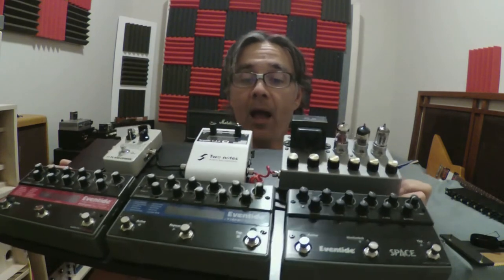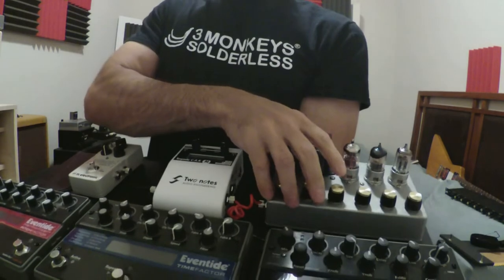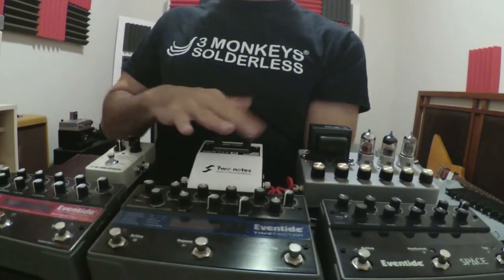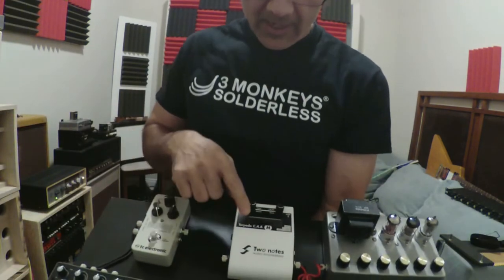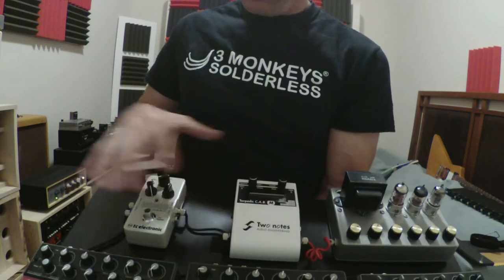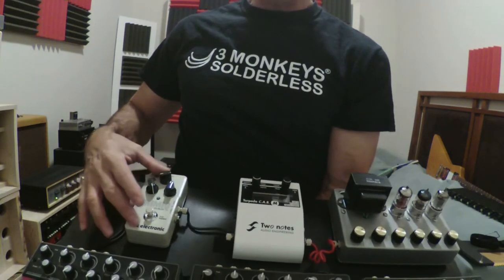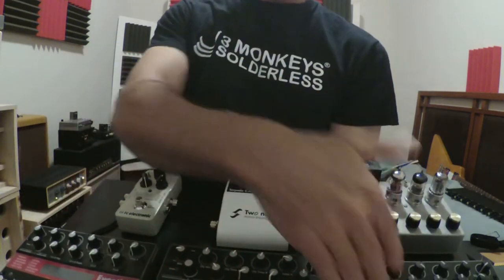So anyway, what I would advocate for this board is to actually, this wouldn't be on here, this would be the power supply, but you would have everything you would want after your amplifier in an ideal setting, right? So you've got your 2 notes, which would be plugged from the amplifier pedal board, going into something like a mimic, which is a doubler, into a harmonizer, a delay, a reverb,